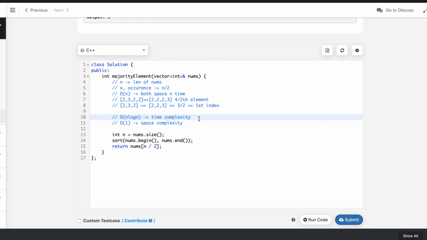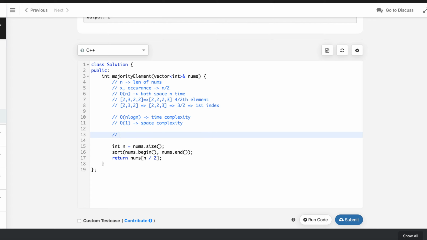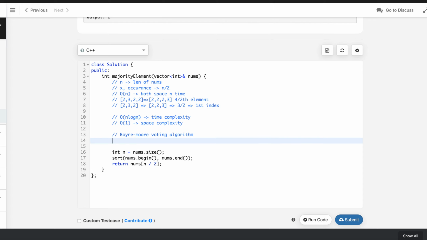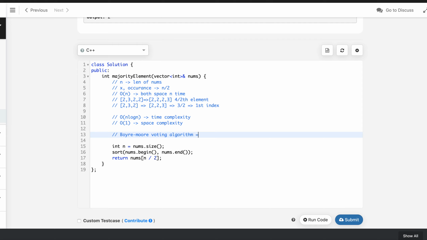If we have to do this, then there exists a well-known algorithm which is called the Boyer-Moore algorithm, the voting algorithm, which is basically useful for finding the majority vote. Well, this is how this algorithm was invented. So what does it do? Basically, it